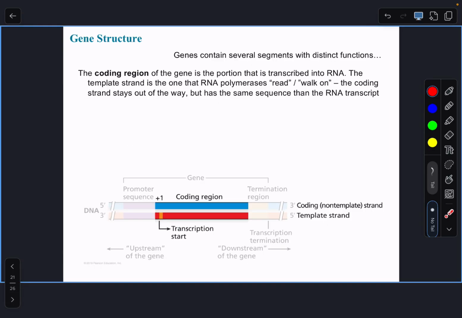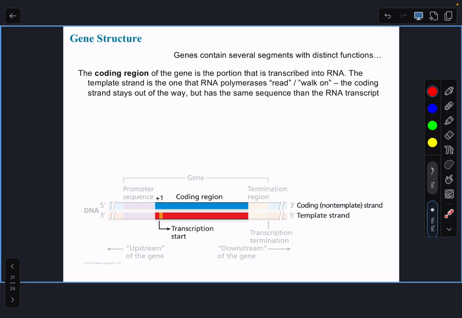So now, before we go on to Thursday and discuss the process of transcription in a lot more detail, let's talk about gene structure, because there is always a little confusion. We started out with a conversation of what a gene is, and we evolved from saying a region of DNA that codes for a protein to a region of DNA that gets transcribed into an RNA molecule, right? That can serve a number of functions, some of which may be being translated into a protein, but there may be other functions that have nothing to do with being translated into a protein, but facilitating other processes inside of cells.